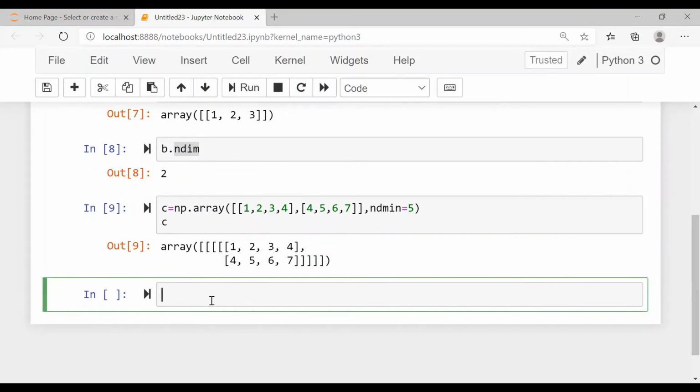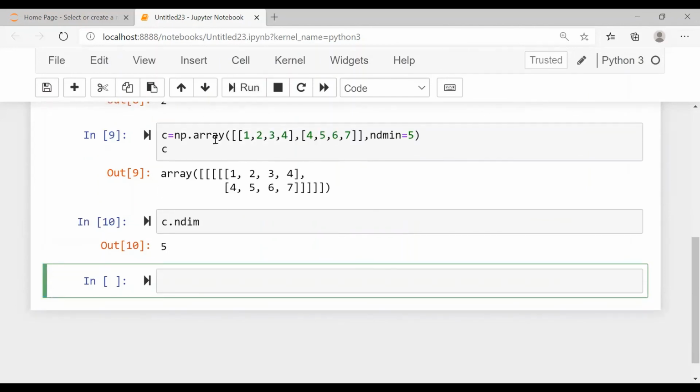Okay, so let us check the dimension of this: c.ndim. Output will be 5. So we created a 5-dimension array. In this way we can create